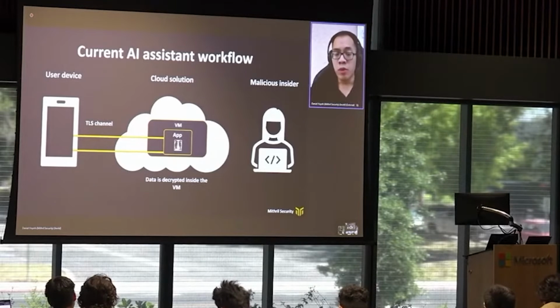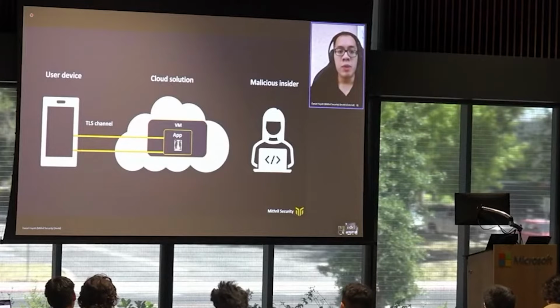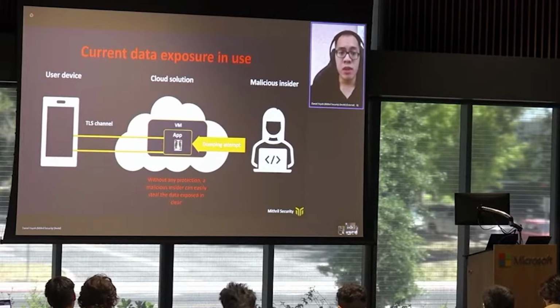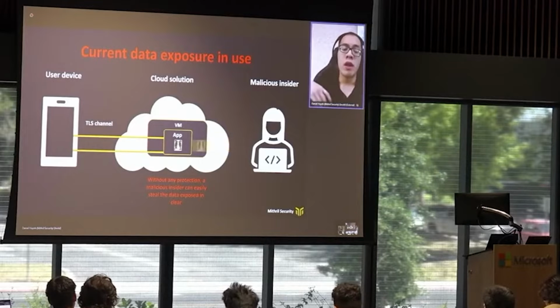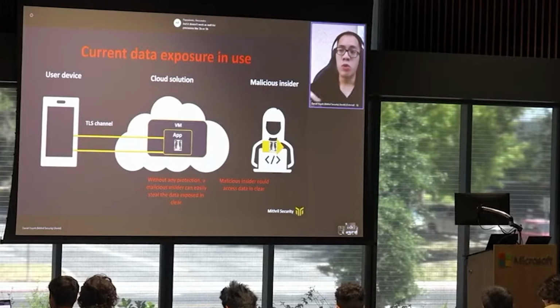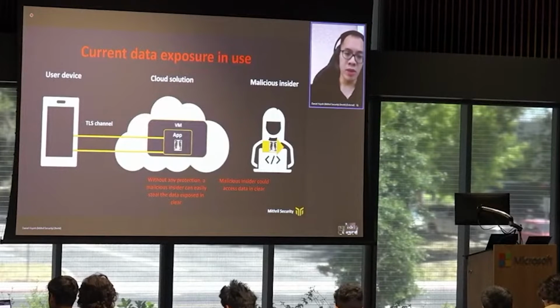At that specific moment, because we needed to decrypt the data, it is available both to the cloud provider and the AI provider. It is because at the last mile, the data is accessible. Any malicious insider can dump the data, get access to it, and therefore the data owner has no longer guarantees that his data is safe, because at that specific time when data needed to be analyzed by the AI, it is exposed. And because we have no control of that, this is a huge issue to trust external parties with the data for AI training or deployment.